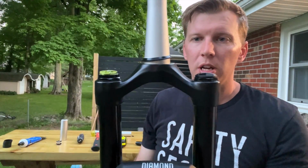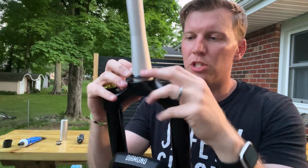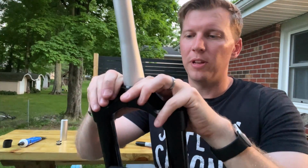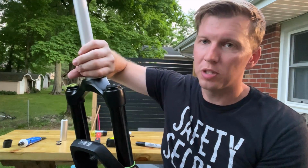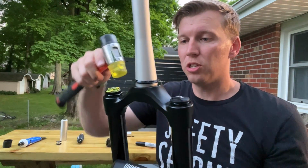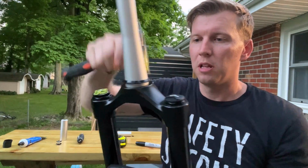As you can see, it doesn't just pop on. If we had the snap ring, that would be perfect. The snap ring is cut on one side, so it has a little bit of flex. You could get a specific tool, which is a metal tube that fits right over top of this and compresses it down evenly. You could also probably get a large PVC pipe and do the same thing. I don't have either, so I'm just going to slowly, with a soft mallet, do the same as